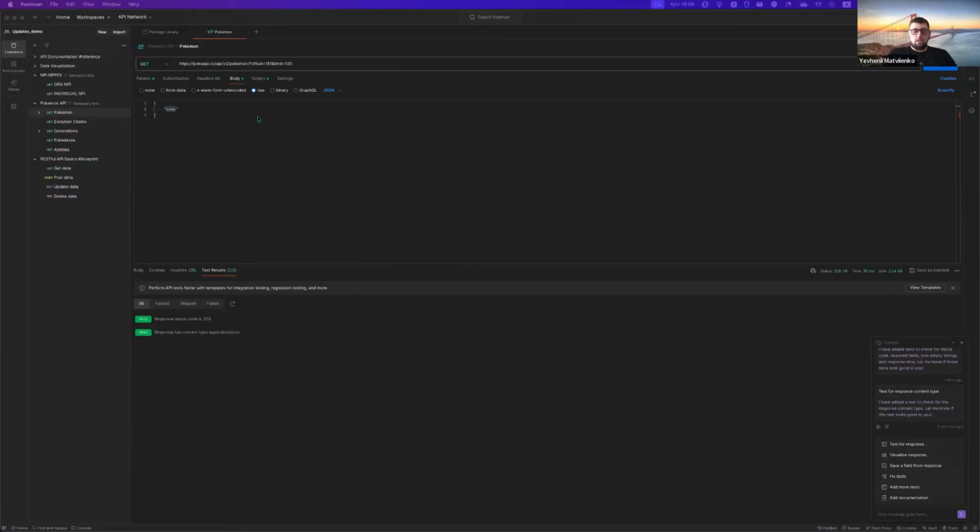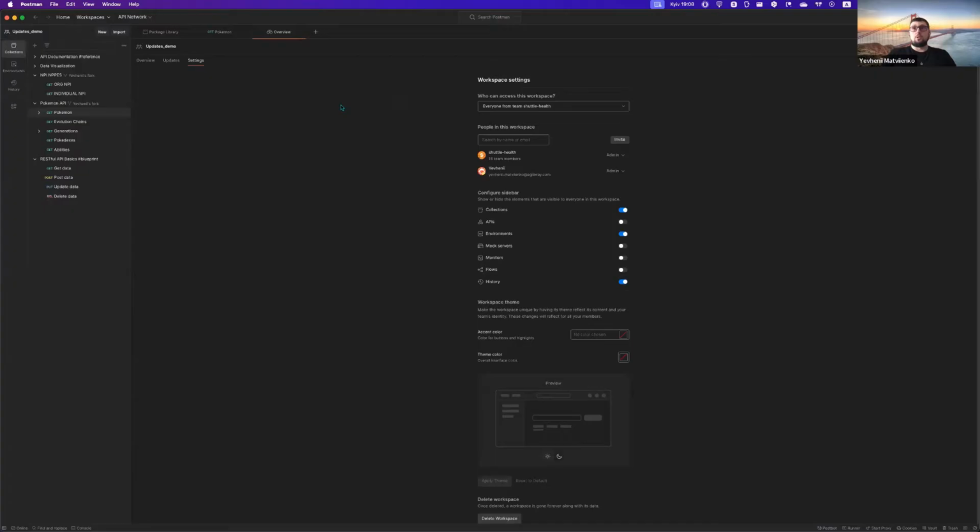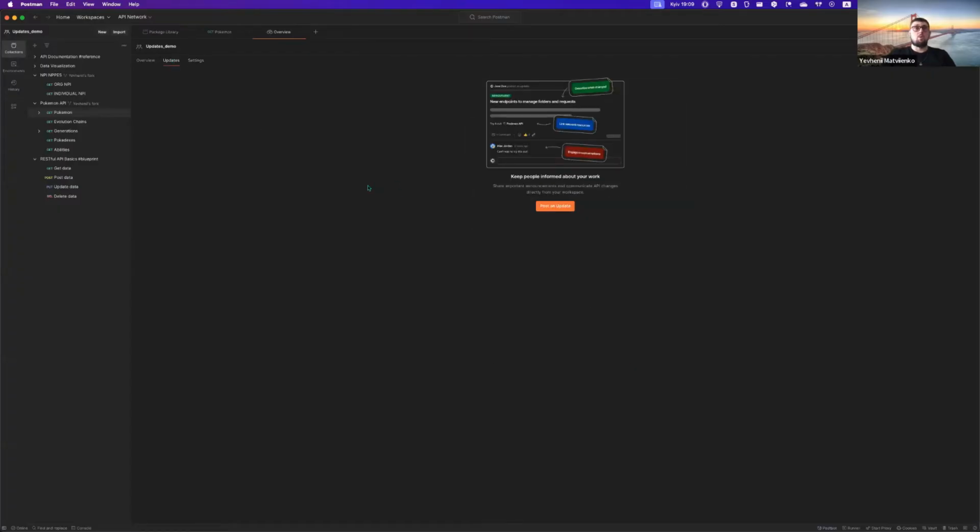because again, it is in the same field of updates from Postman. We have our workspace, and if this workspace is created not only for us, we can check in the settings that now it is for the whole team, or if you can share it with anyone by email or by sending a link, then we will have this new tab, which is called updates, where we can post